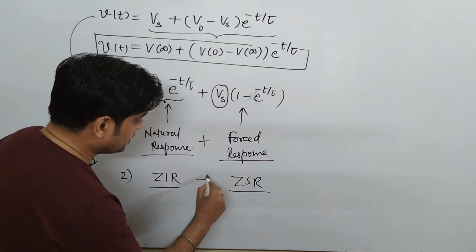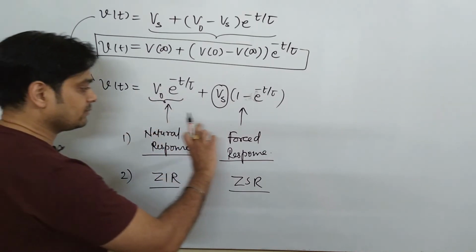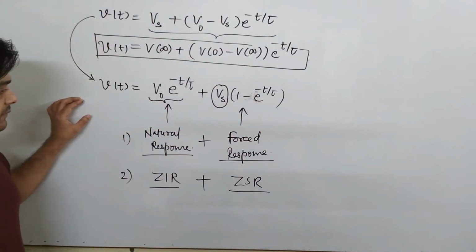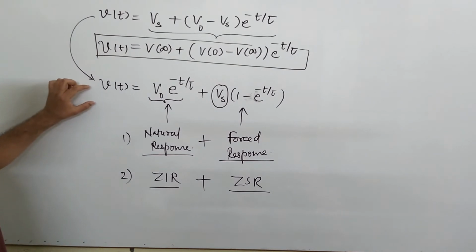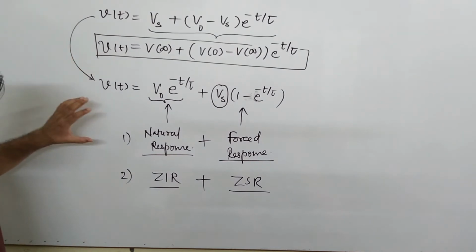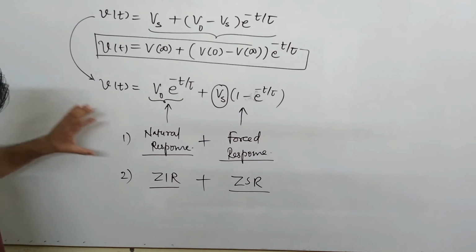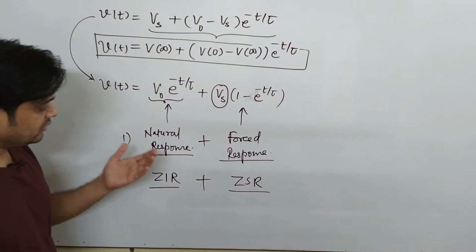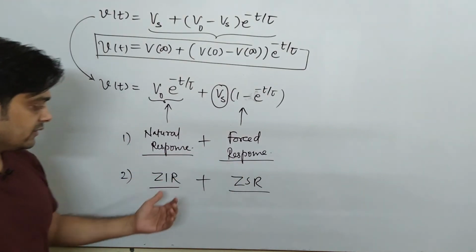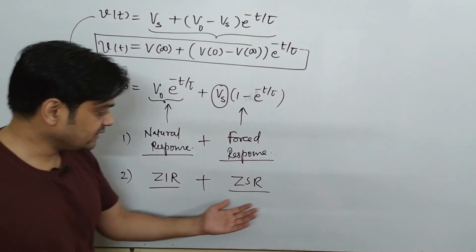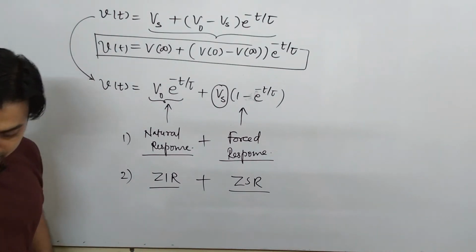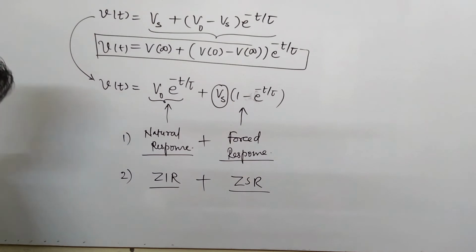So your complete response is the sum of natural response and forced response. As I mentioned, this Vt, the final response of a network, mainly consists of your natural response and forced response, or you can say it also consists of ZIR and ZSR. So these are two things. Now the next one is